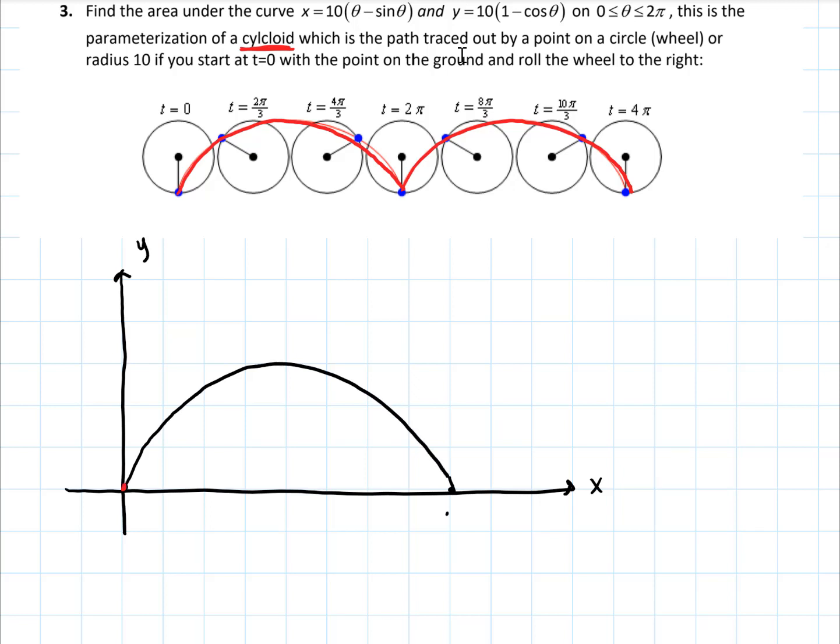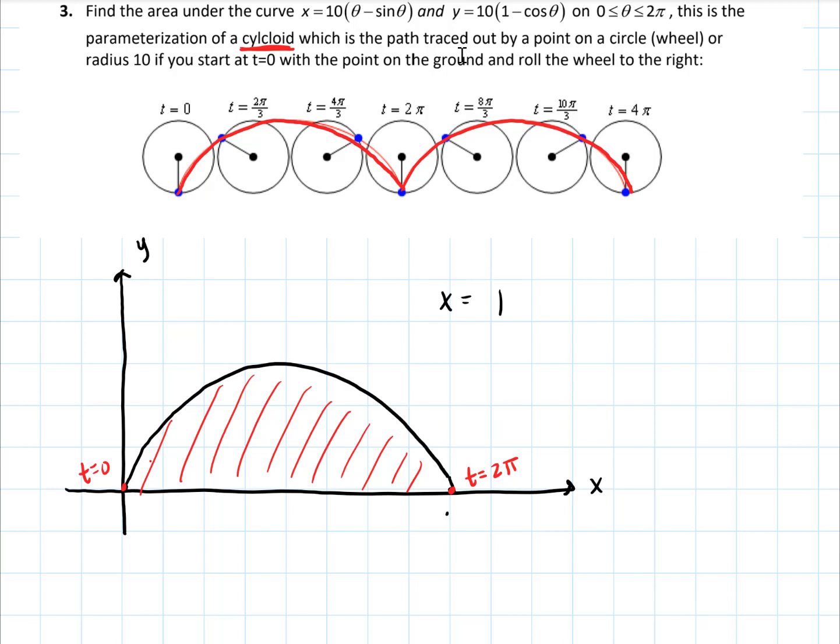So this first point right here is when t equals 0, and this is when t equals 2 pi, when it hits right here, here and here. And we want to know what is the area under this curve that gets traced out by that parameterization,